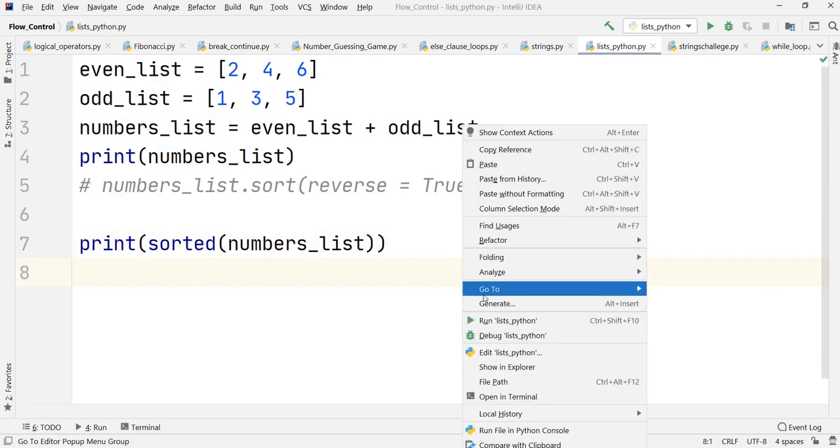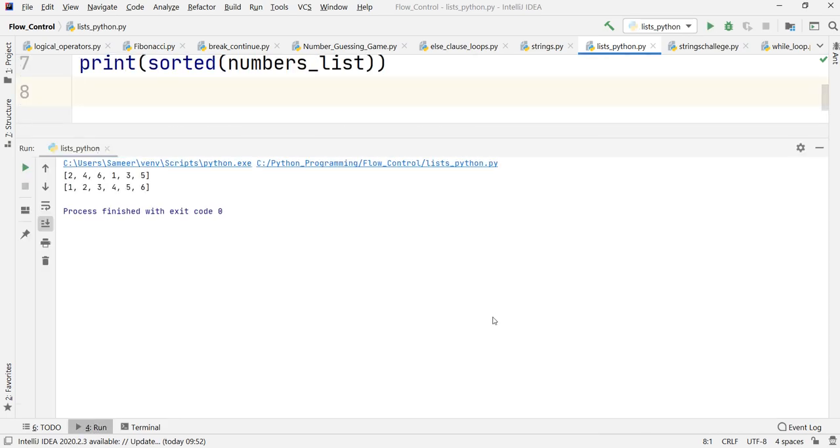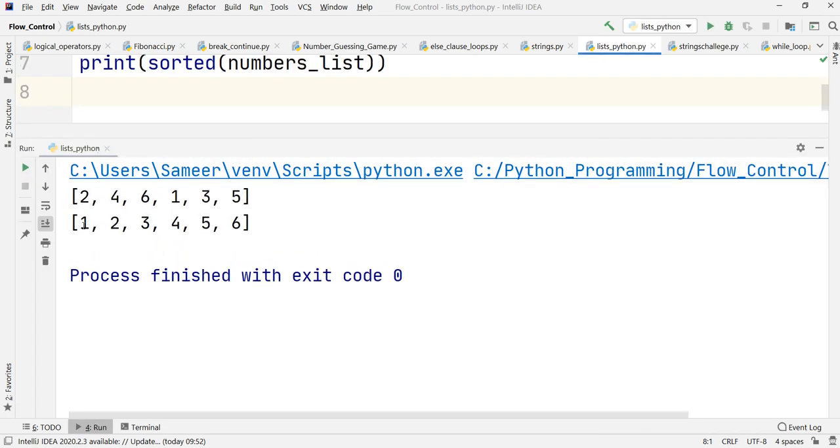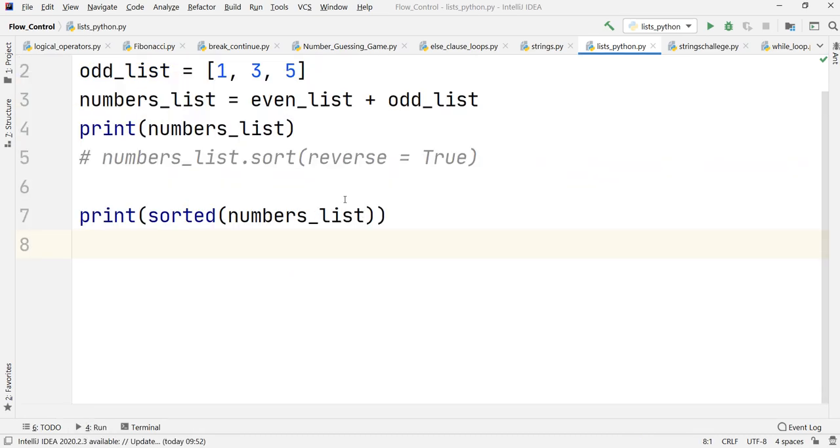Let's see whether it sorts our list or not. It will sort it, as you can observe, like what was done earlier. Sorting will be done similar to the dot sort method, but it will not modify the original list.